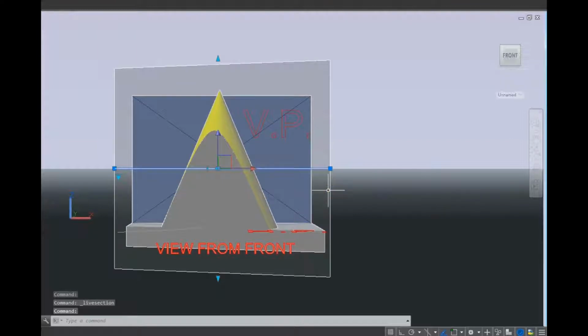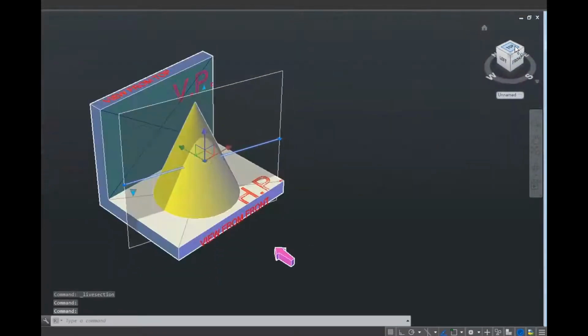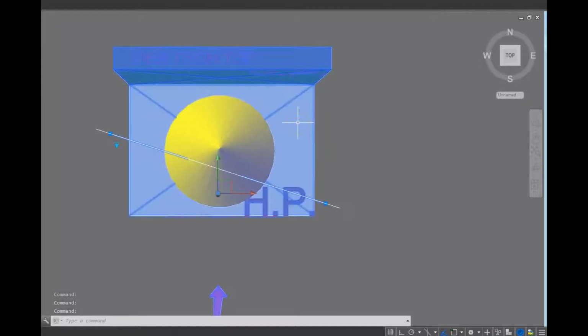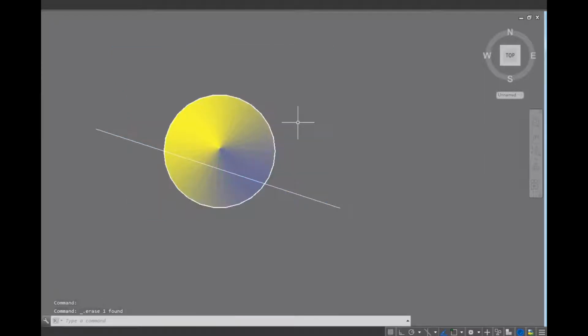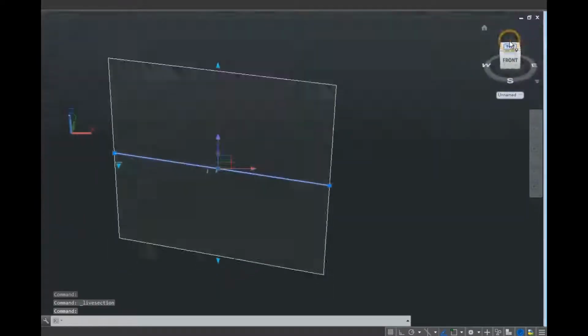But for now you see that when the cutting plane is perpendicular to HP and it is inclined to VP, its position will be something like this on your screen right now. See, the cutting plane's line is inclined to VP and perpendicular to HP. And if I take this line on the other side of this circle from the top view, both ways this is going to be correct. But here I'm showing from this side, you can cut on the other side also.